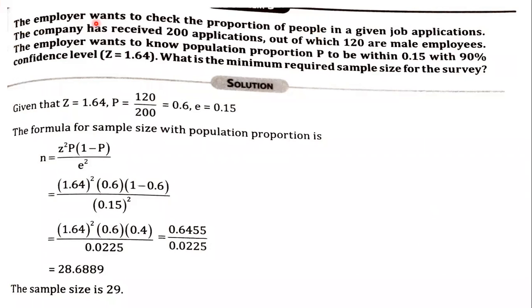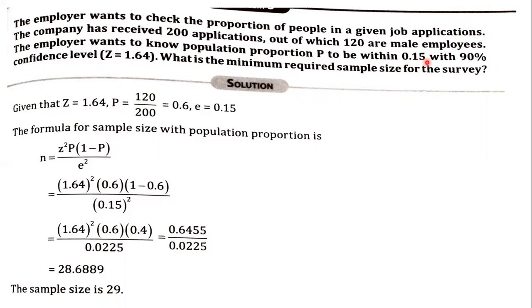The employer wants to check the proportion of people in a given job application. He wants to see how many of them have applied, how many male, how many female, all that proportion. The company has received 200 applications, out of which there were 120 people who are male employees. The employer wants to know the population proportion P to be within